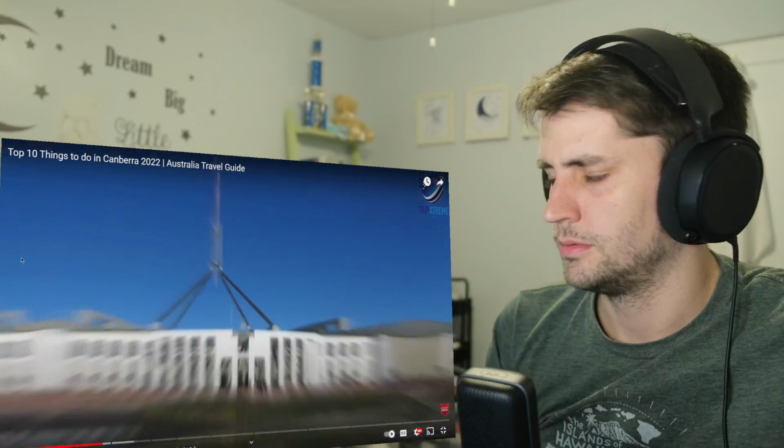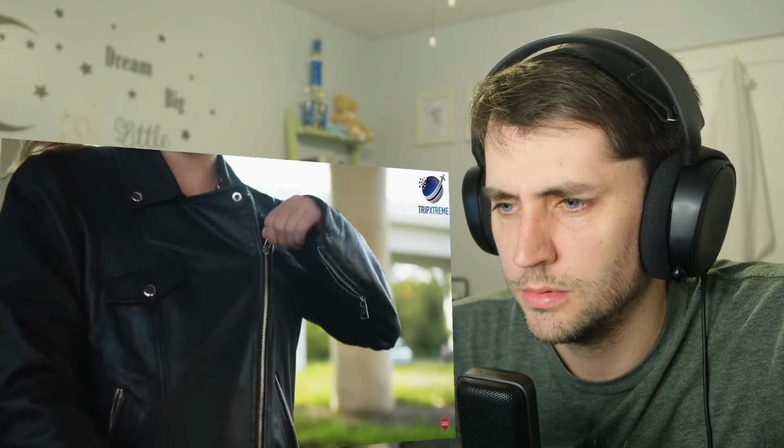Parliament House. On breezy days, be sure to bring a jacket though. Other popular lookout points include Red Hill